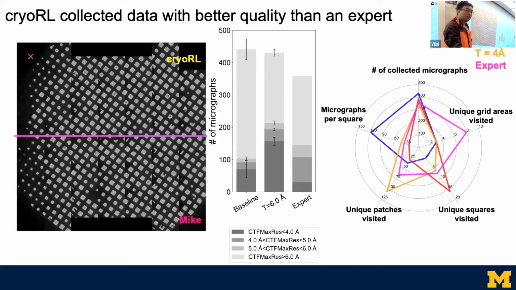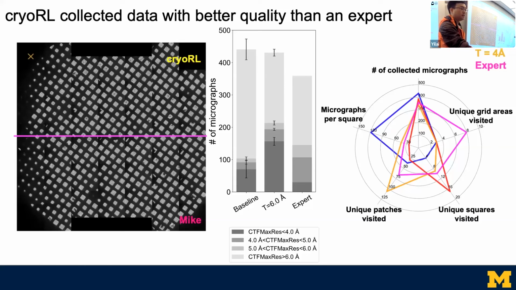And also plotted here is the behavior radar plot, where the cryo-RL behavior is shown. The behavior of cryo-RL with different t-values exhibits a similar pattern, where a lower t-value will encourage the policy to explore more areas. But more interesting is when you see the expert actually visited a lot more different unique